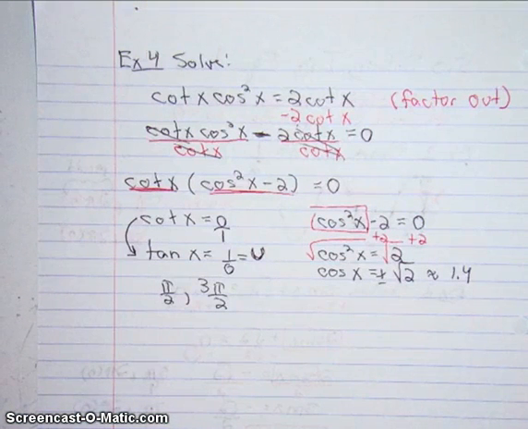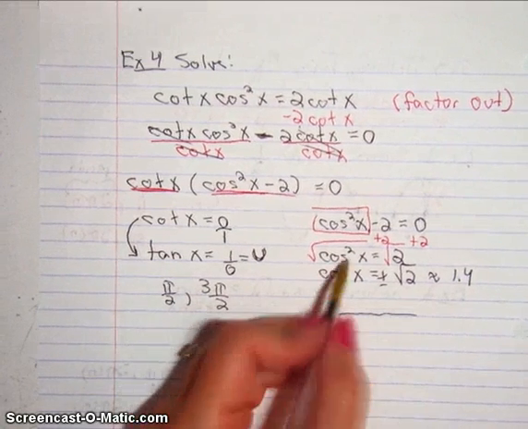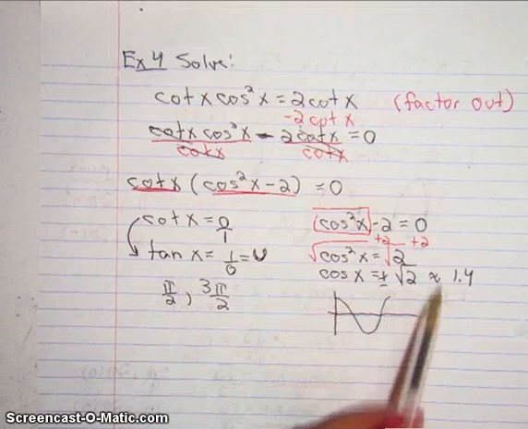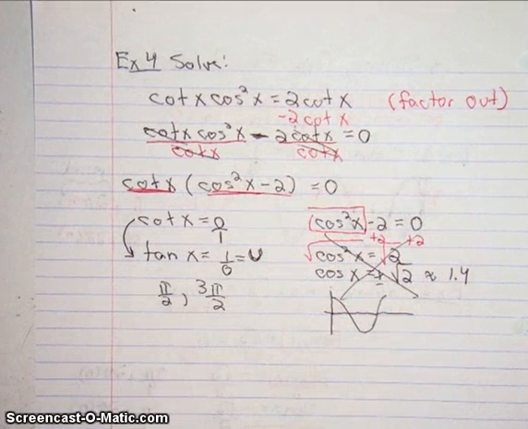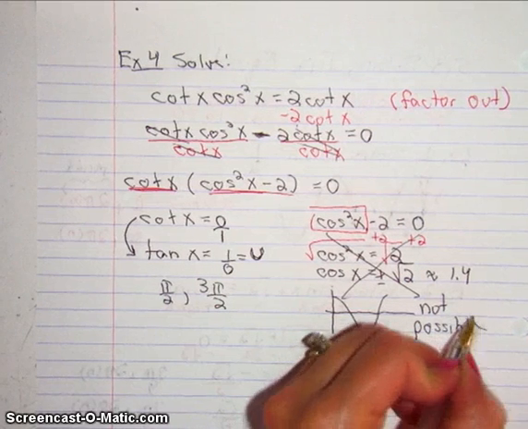Think of your cosine graph. What's the problem with 1.4? The cosine graph, the highest point is 1. The lowest point is? -1. Will it go above 1.4? No. Okay. So this one? No go. We're not getting anything from there. That's not possible. Okay. So